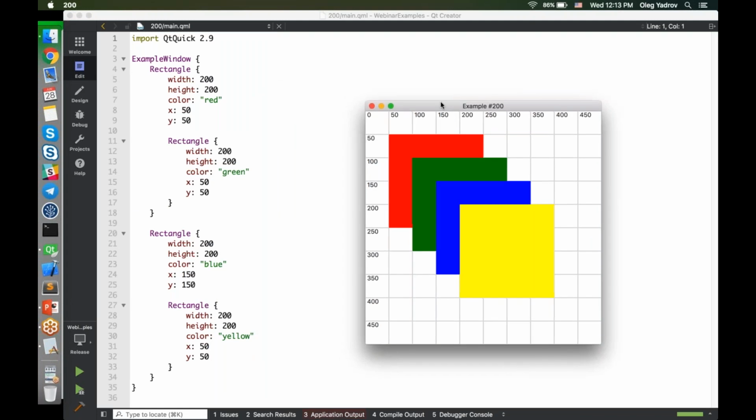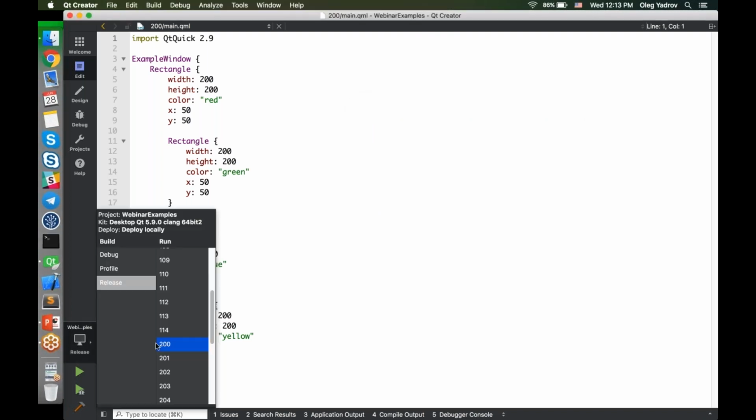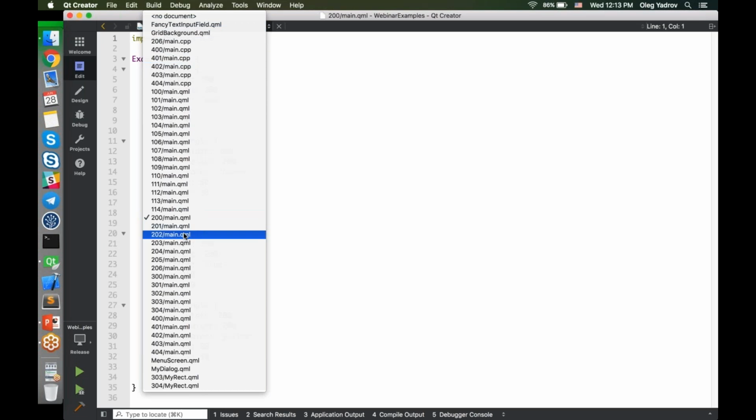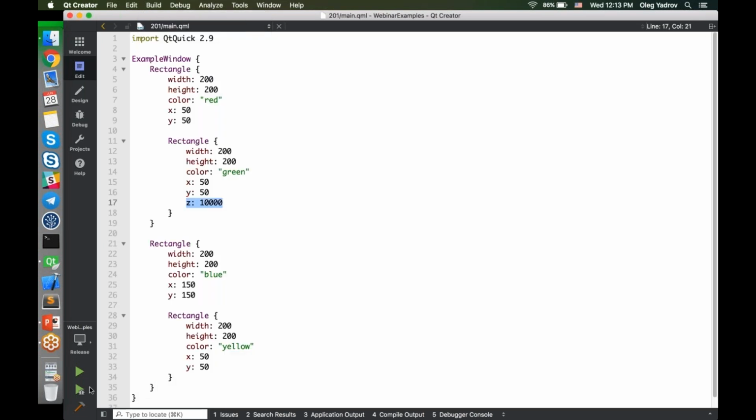Say we have this code that draws 4 cascaded rectangles, and we want to move the green one on top of all other rectangles. I've seen so many times how people set very high Z values with intention to place a specific item on top of everything else and wondered why it didn't have any effect. No matter what Z value we set to the green rectangle in this code, it will stay below blue and